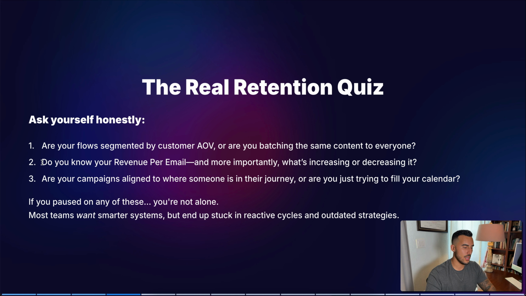And the second question is, do you know your revenue per email? But most importantly, what's increasing or decreasing it, right? And then lastly, are your campaigns aligned to where someone is in their journey, or are you just trying to fill your calendar? And what I mean by that is,